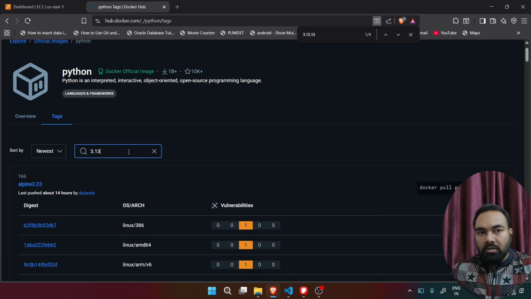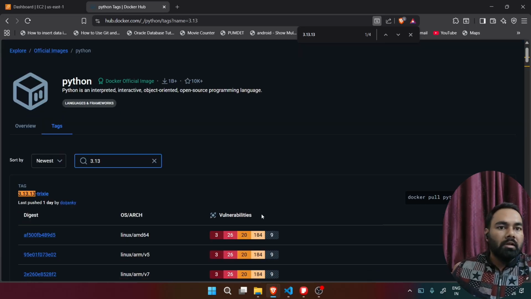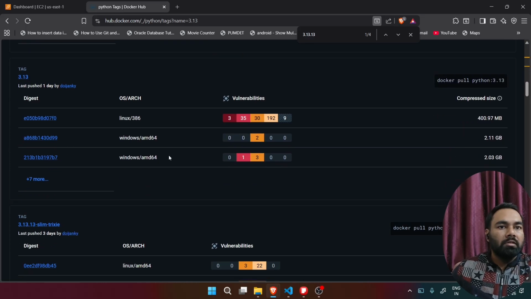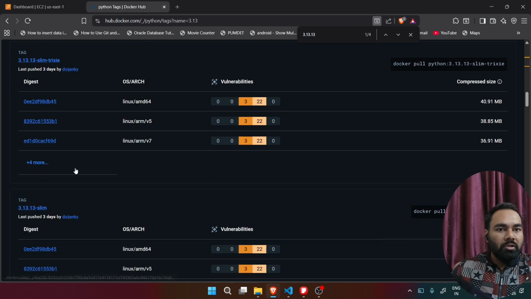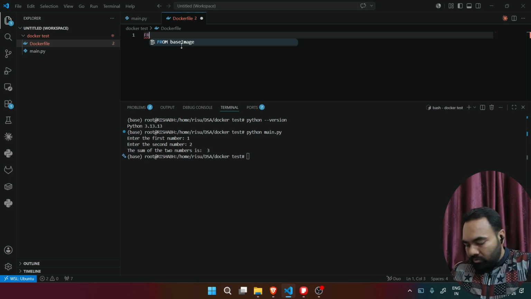Two point one three. Yeah, now it will show all the 3.13 later. And this is the small slim, so you can go with either this option or the slim option. So I will go with this option. And what we have to just write is Python, copy this, and from I will go to from